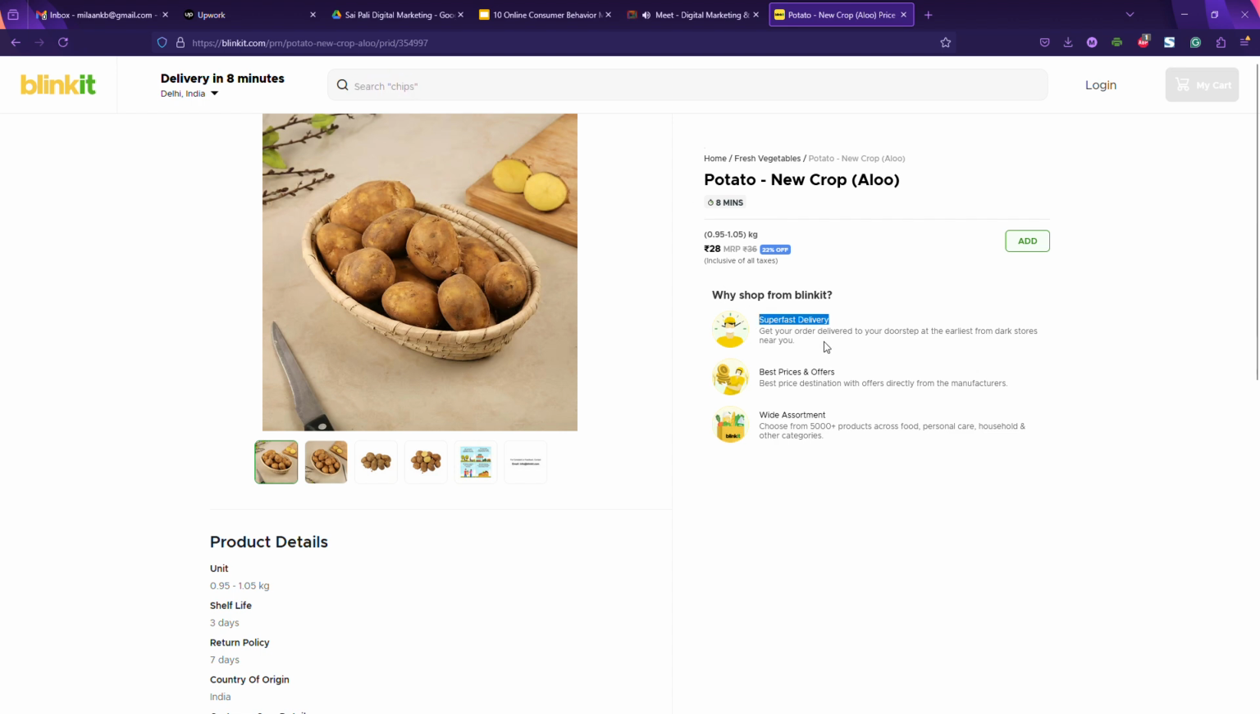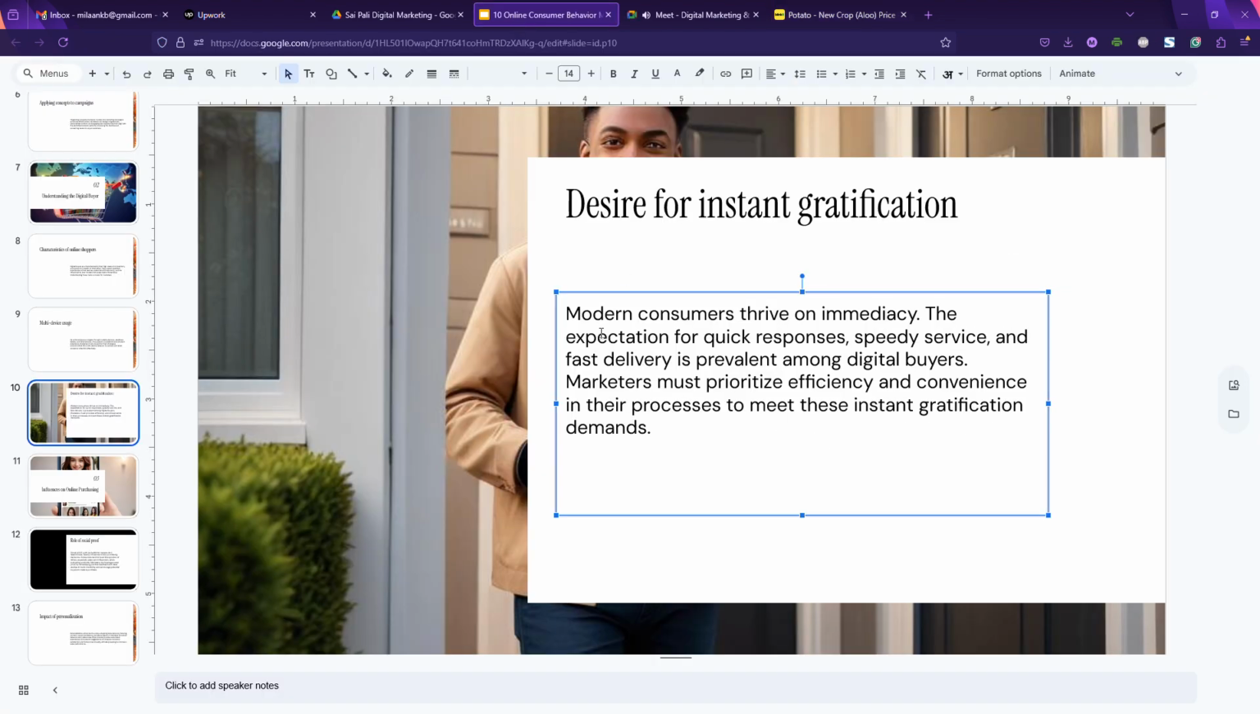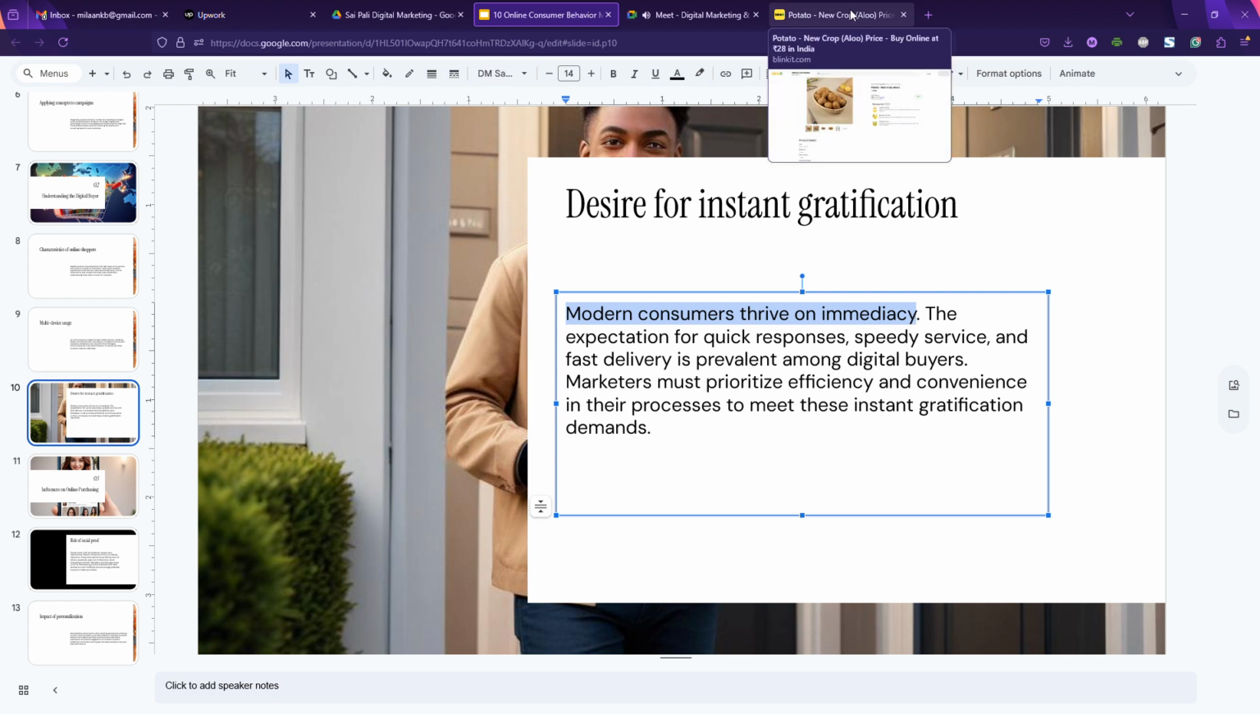So super fast delivery is a USP of Blinkit. So in a blink of an eye, you get the things. Modern consumers thrive on immediacy. Most products are delivered within 1 day, as on many websites. So there's same day delivery, 1 hour delivery, 2 hour delivery, and all those